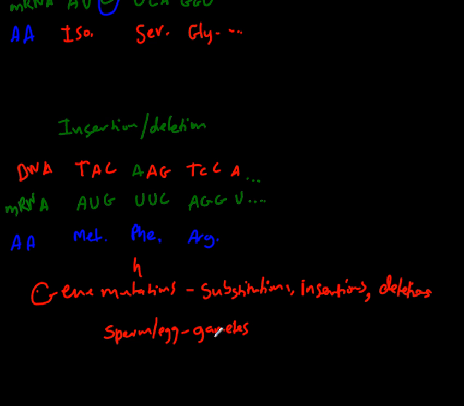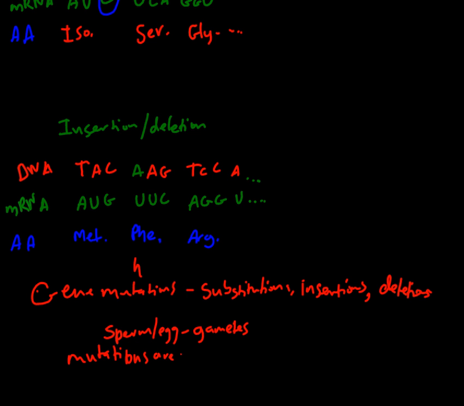These are used to pass on your DNA to the next generation, and so if you have a mutation in the DNA in the sperm or an egg, that'll affect all of the DNA that's in the new baby that's formed, in the new zygote that's formed when the sperm and the egg unite. Okay, so now instead of just a mutation that would happen in your skin and would end there, if you have a mutation that happens in the sperm or egg, now the new baby or zygote that develops from that sperm or egg will have that same mutation in all of its cells. Okay, so mutations are only passed on